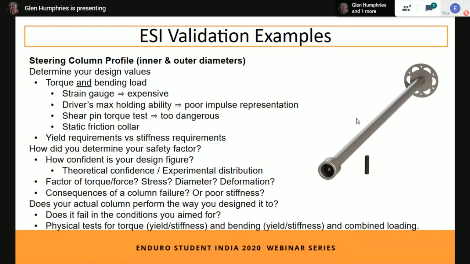Now in this case, it sort of differs from the ones we've just seen, which are a nice simple bending load, or a nice simple torsional load. Here we've got torque and bending at the same time, and we've also got to consider whether we're concerned about actual yielding failure, so the driver putting too much steering input in and twisting the shaft, or the driver holding onto the steering wheel, say during a crash and the shaft bends, or are we concerned about elastic